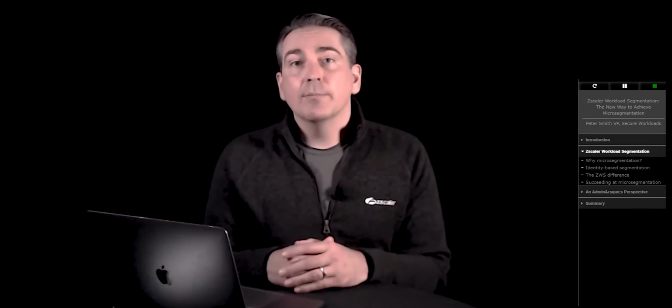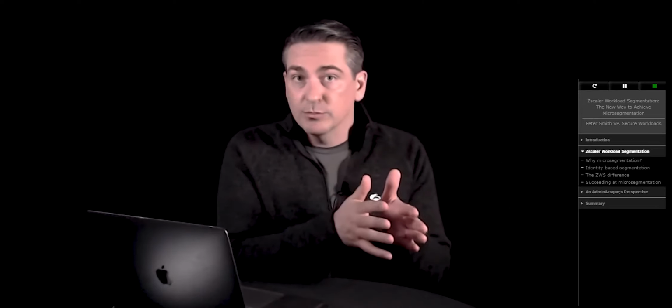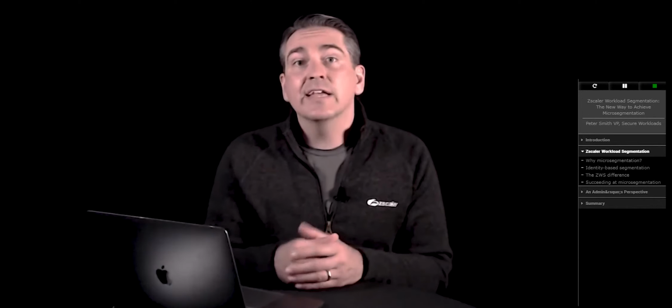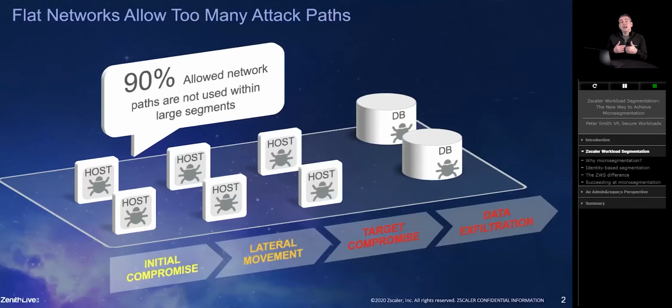Today we're going to talk about microsegmentation, and specifically the distinction between the traditional approach using firewalls versus identity-based segmentation with Zscaler workload segmentation. The traditional model for security relies on large perimeters, say around a data center, where you've